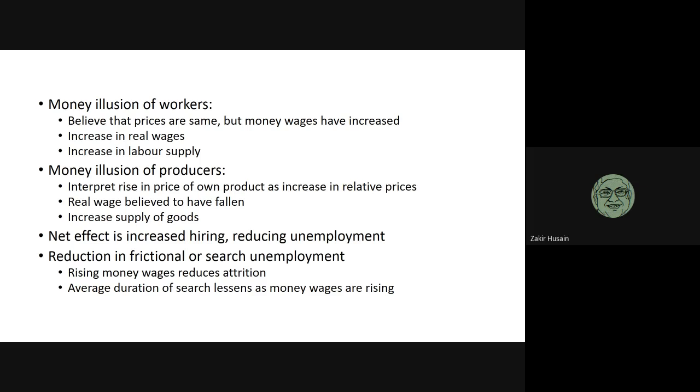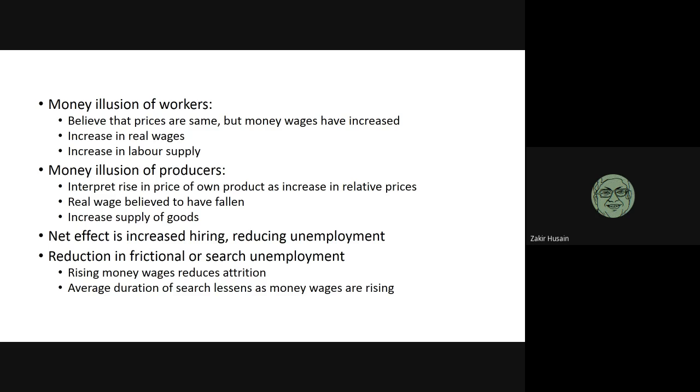If you go to the second commodity market, they believe that P2 has gone up, the prices of other commodities, P1, P3, P4, have remained the same, and so on. And these prices include wages also. So it's not just Pj when j is not equal to i. This Pj includes W also. So W has remained the same, but P1 has gone up. So what has happened in that market? Real wages have fallen.